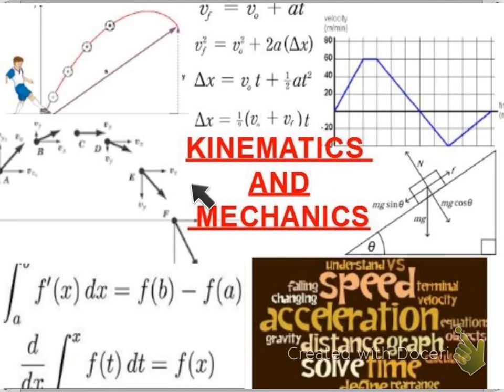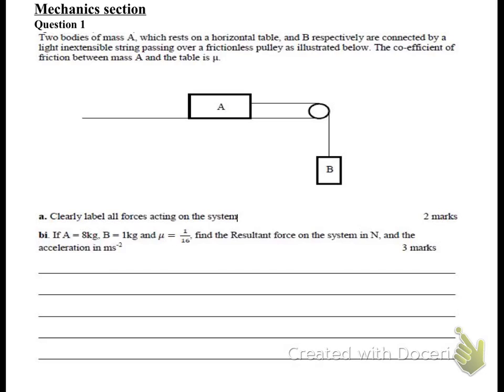Okay, here we go, Kinematics and Mechanics section of our practice act. We're going to examine some questions and work through some solutions. Let's go. Alright, so let's have two bodies of mass A, which rests on a horizontal table, and mass B,